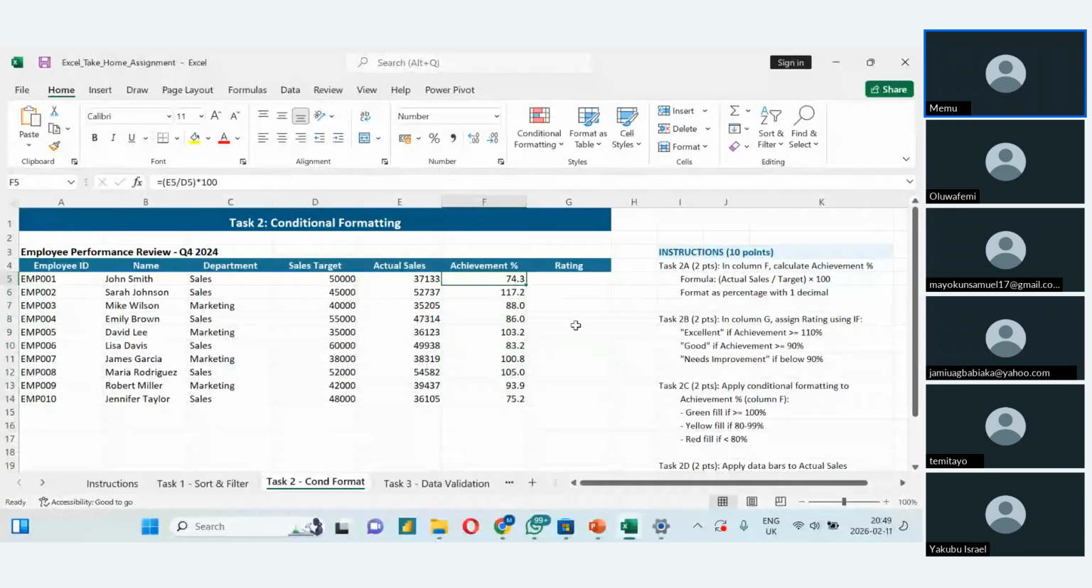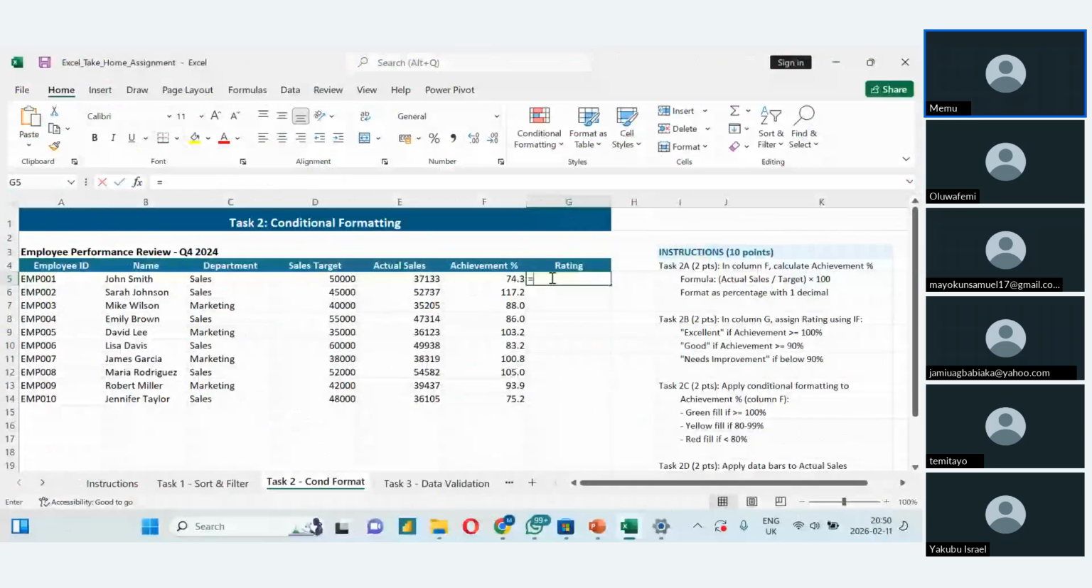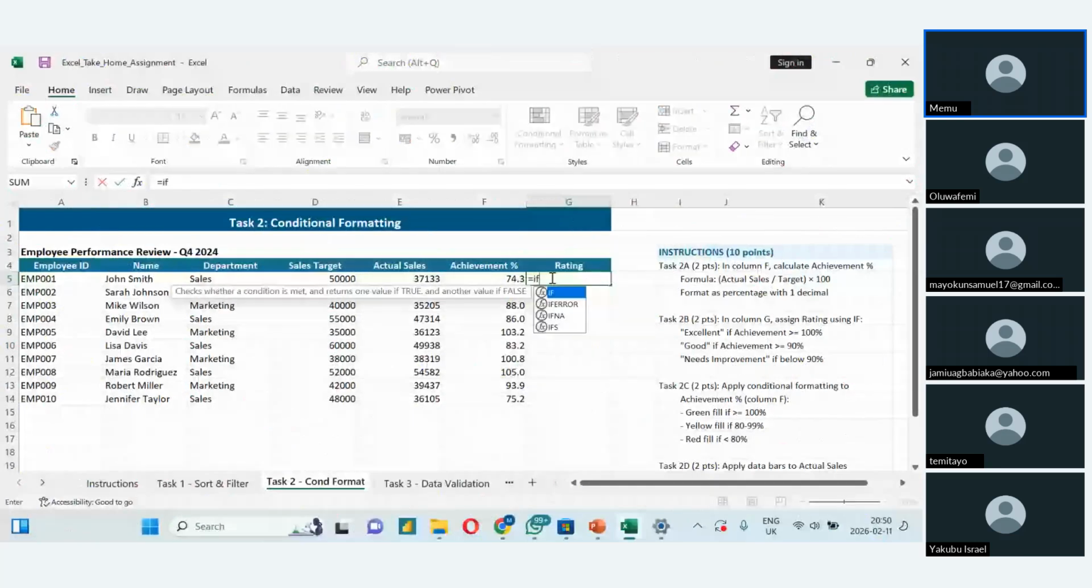Then it says in column G, assign rating using the IF function, which I explained. So let's go. Now this is a mistake. This will be 100%. So let's start. Remember, equals to the IF function. What is next? The range. What are we testing? Arguments from here to here. Sorry, this logical test, F5 is